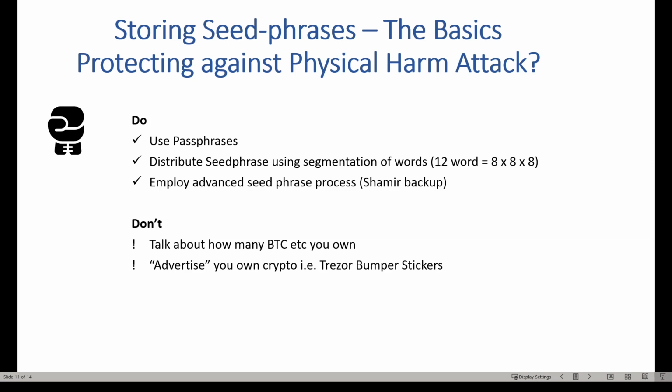So that works really well across companies and things like that. So that is a good way to prevent against this physical harm, or even within a company, prevent one rogue actor from spending all the company's assets. So you need multiple people to be able to approve transactions and the like. So that is a whole session in itself, and we'll do a video on Shamir backup, because I think that's worth understanding if you're dealing with reasonable sums of money.